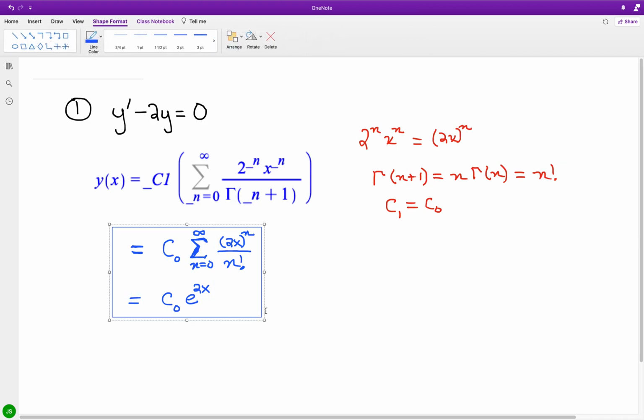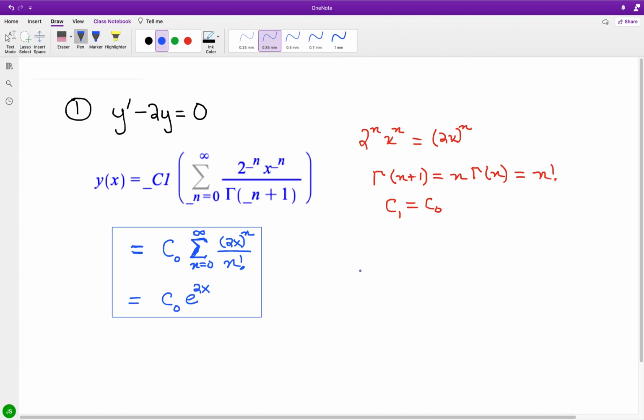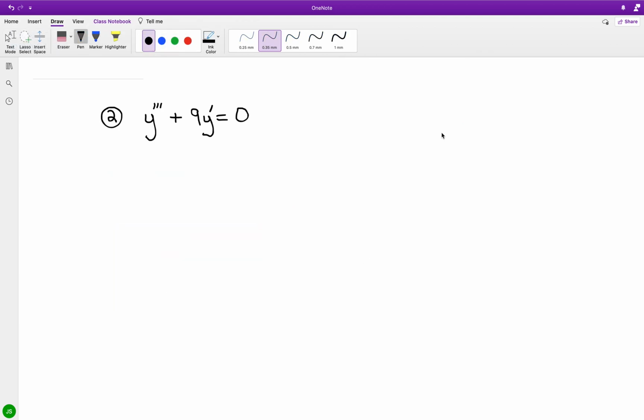That will be the display of the results for the function e to the 2x as well as its summation counterpart. Now let's say we have a third order differential equation where we have the third order derivative of y plus 9 times the first order derivative of y is equal to 0. And if I put this in the context of Maple,